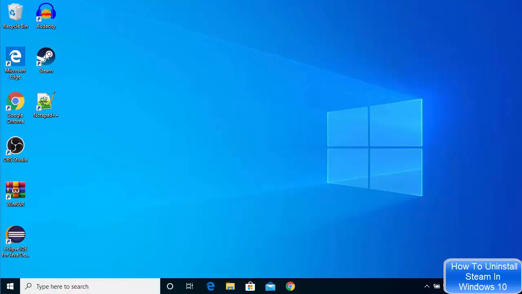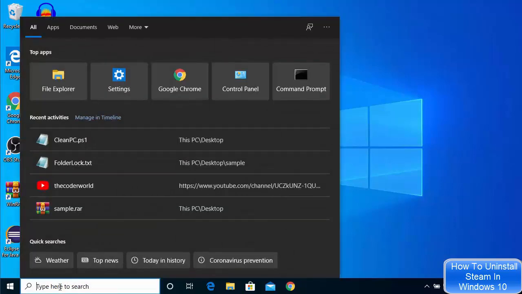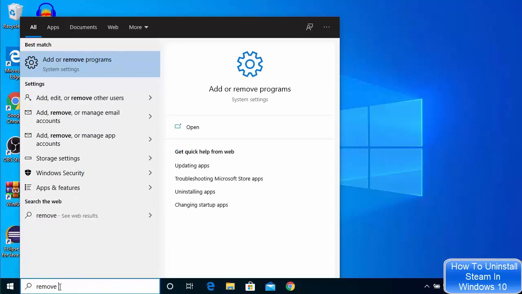So let's say I have this Steam app installed on my Windows 10 operating system, and I want to uninstall this Steam app from my Windows operating system. So just go to your search bar and then search for remove, and you will be able to see several options, but the option you are looking for is this one, which is add or remove programs. Okay, so just click on this option which says add or remove programs,